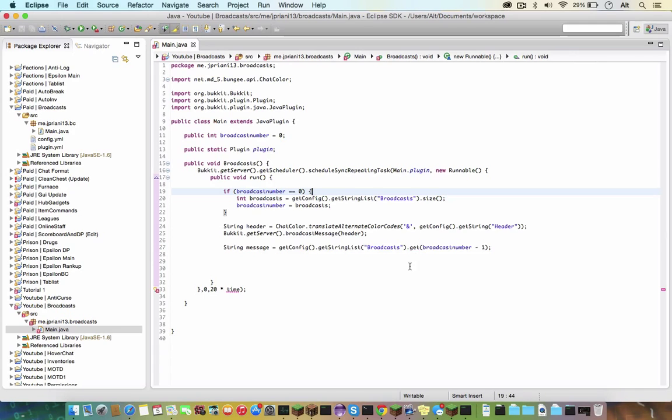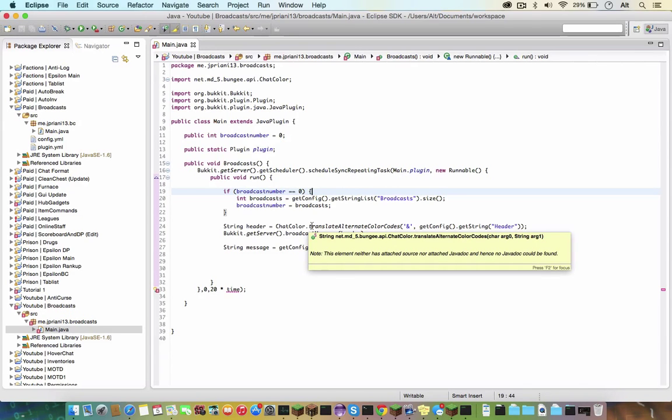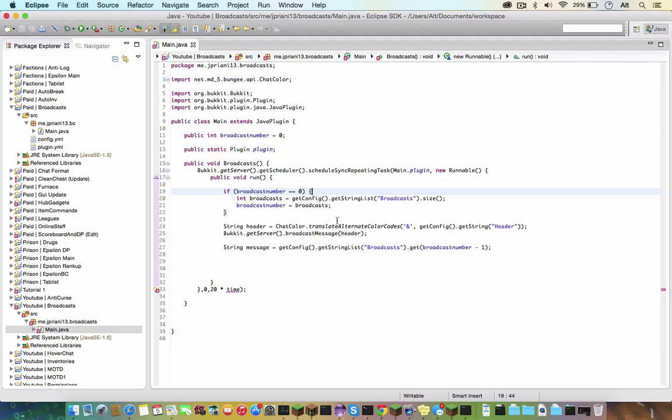So why we get broadcast number -1 is because the first message in the config is 0